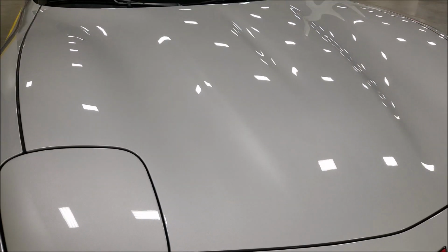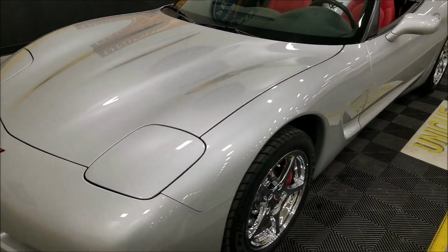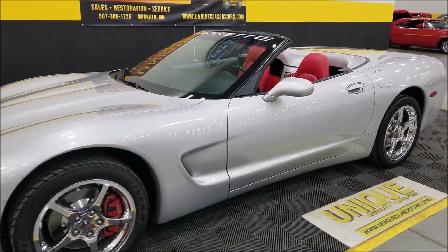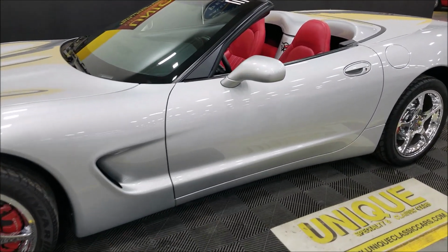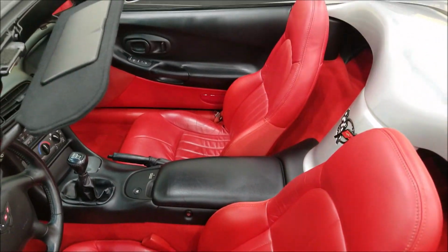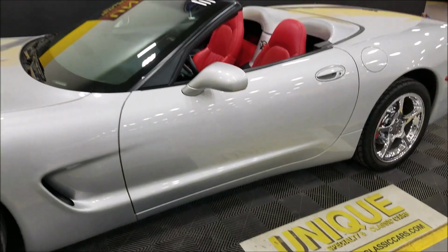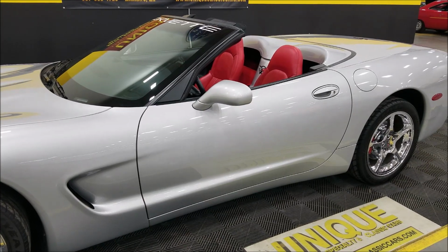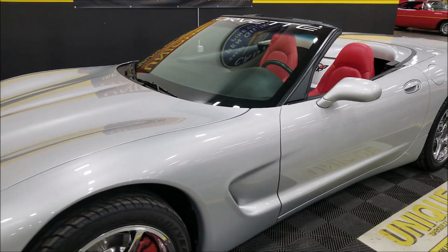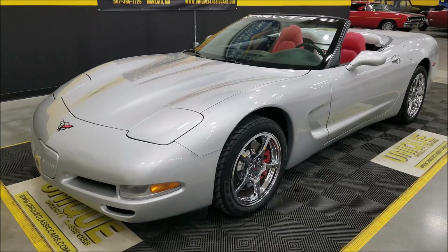And look at the luster of that paint. This, of course, is bright silver metallic. This is a pretty rare combination. First off, in the bright silver metallic and convertibles, they made 1,240, so there's not a ton of those. And then this would have the torch red interior in leather. Now, as far as the torch red interiors go, out of all convertible production, I believe it's only like 4%. So by the time you put that combination together of the bright silver metallic and that torch red interior, pretty